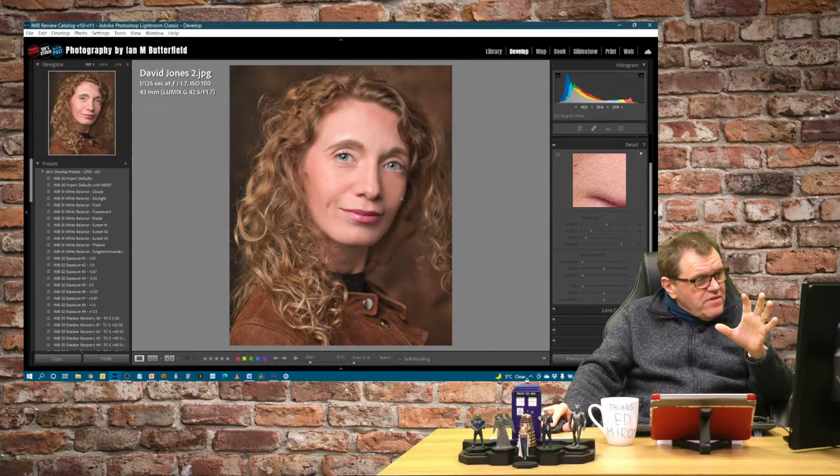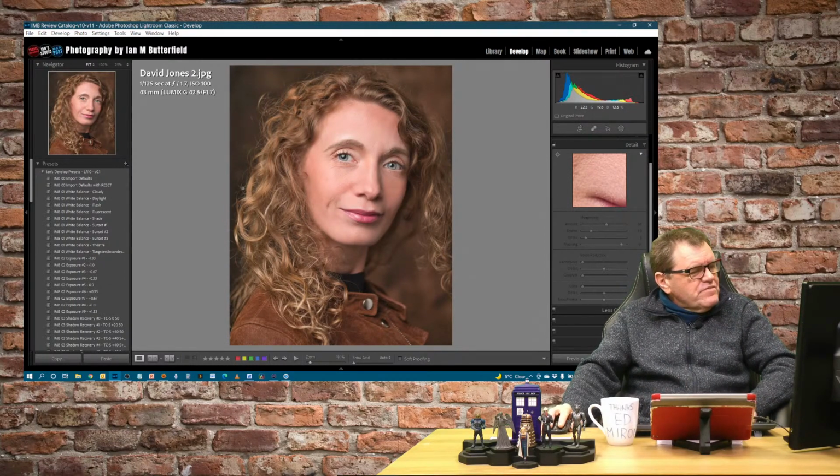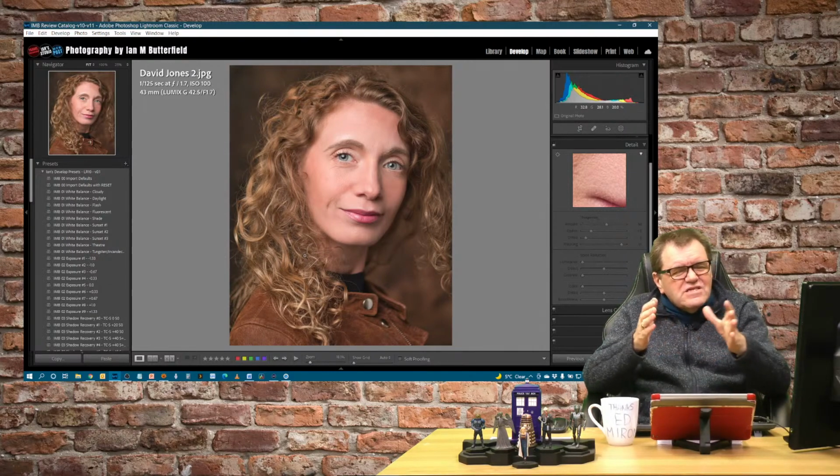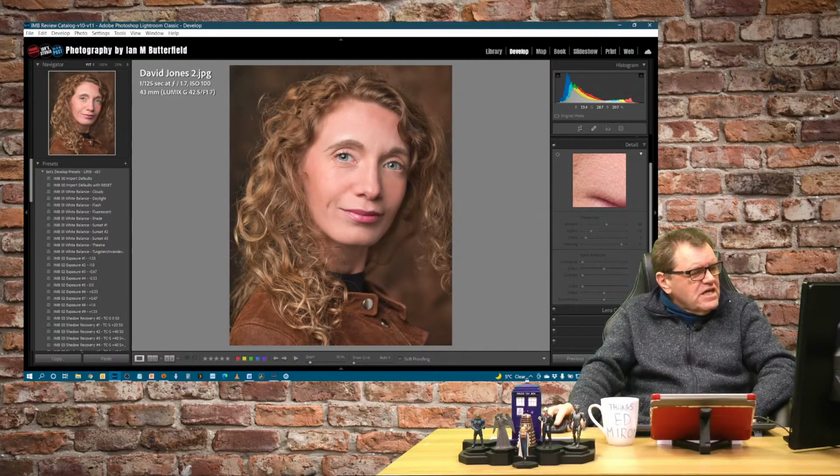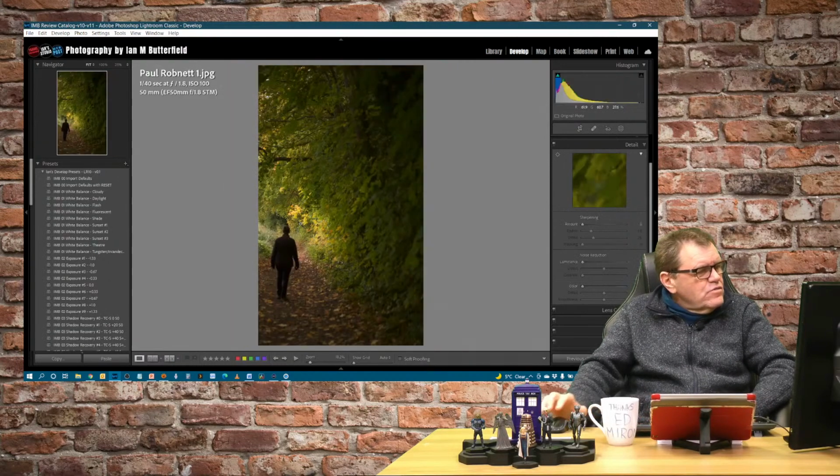But it's a good image. It's nicely lit. Really like the lighting on it. Little thing about composition, I just watched that hair right up against the edge there. It just feels as though it needs just a little bit more space to breathe on that image. So moving on.